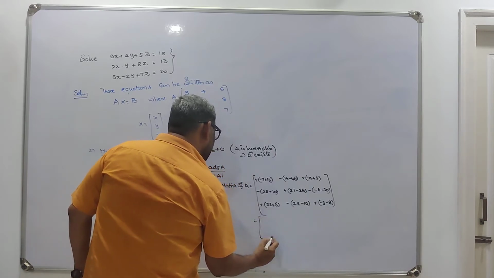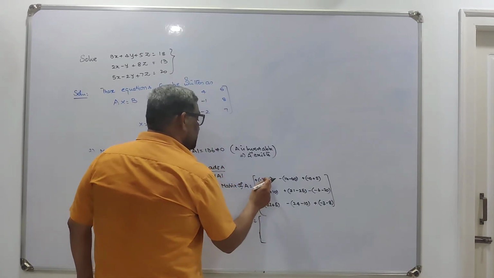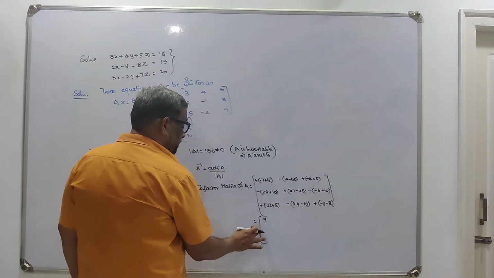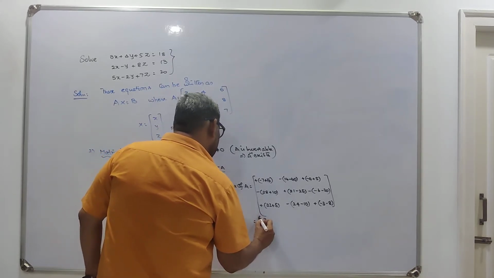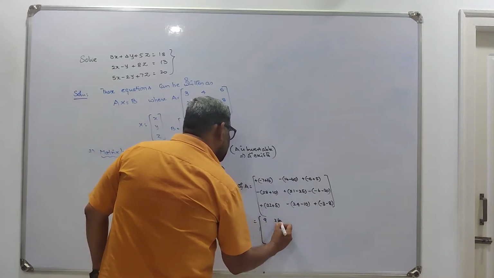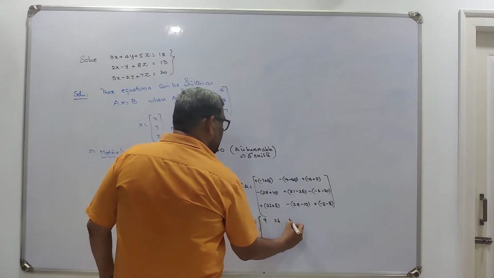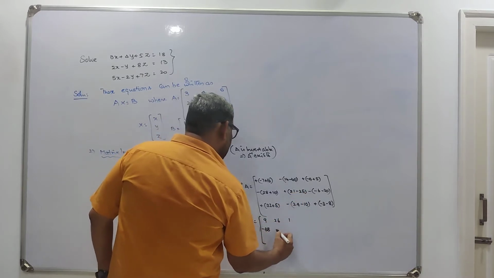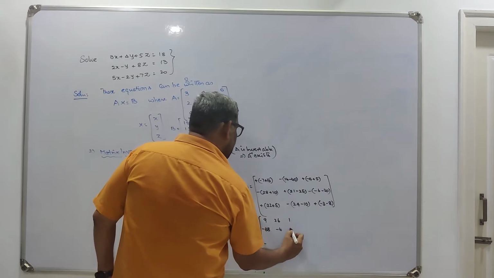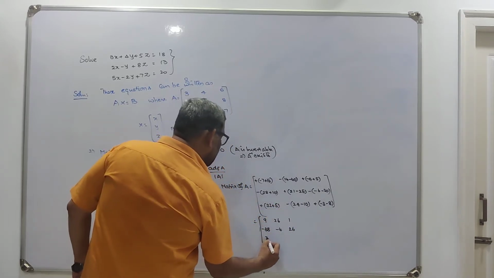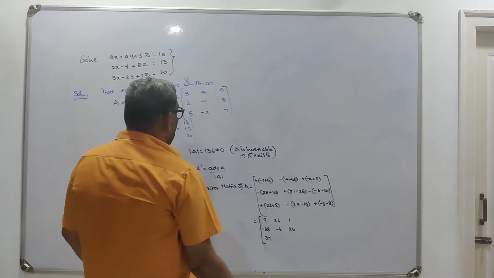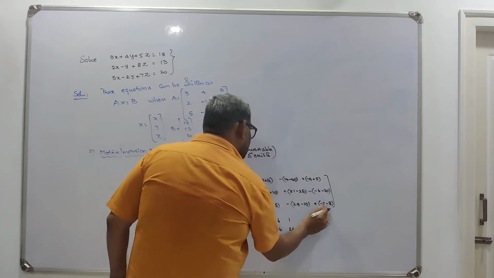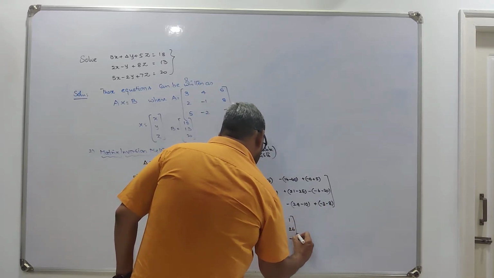Let us simplify it. This is minus 7 plus 16, which is 9. This is 14 minus 40, which is minus 26, but there is a minus sign outside also, so it is 26. This is 1. This is minus 38. And this is minus 4. And this is plus 26. This is 37. And next this is minus 14. And then this is minus 11. This is the cofactor matrix.